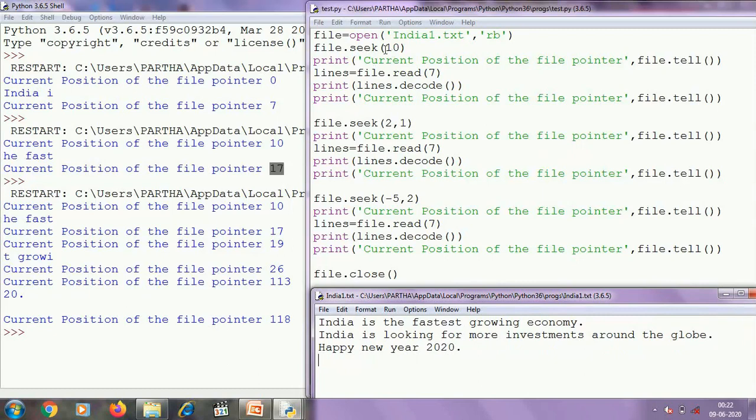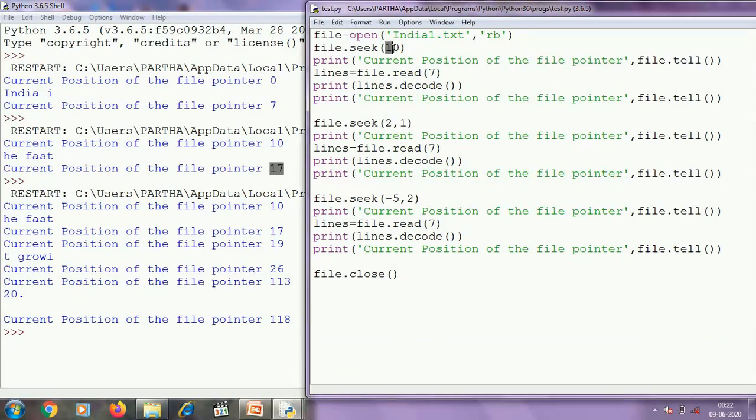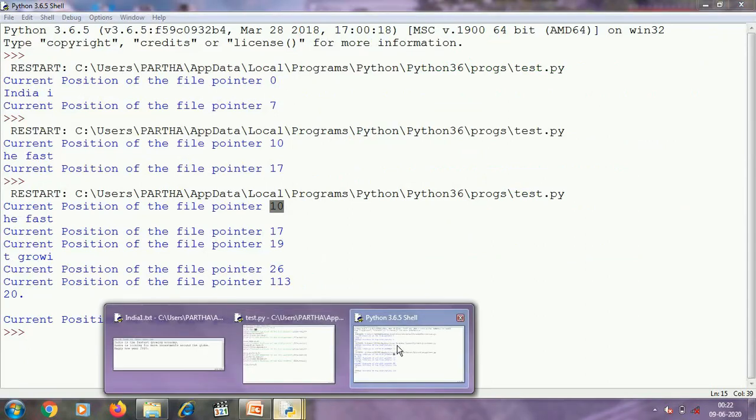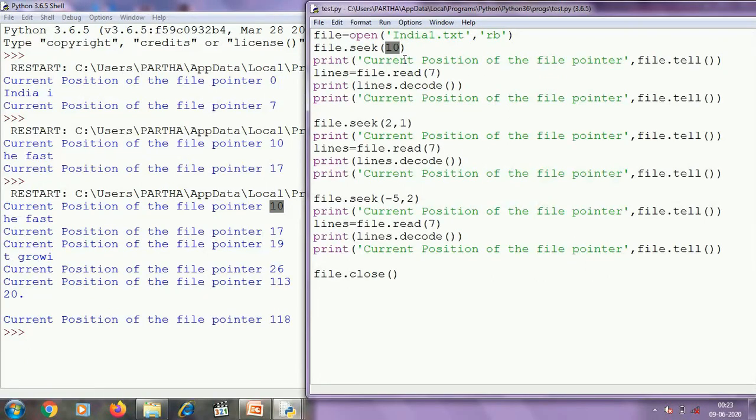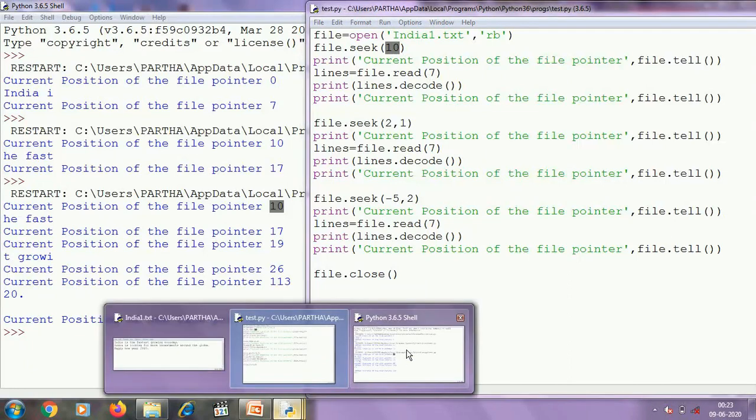You can see that using absolute movement we are pointing the file pointer to the 10th byte. So file.tell will return 10, and after that from the 10th byte we are reading 7 characters. Let's check.